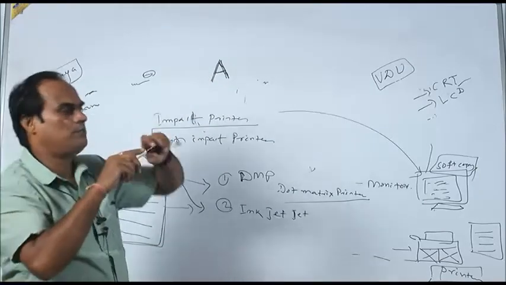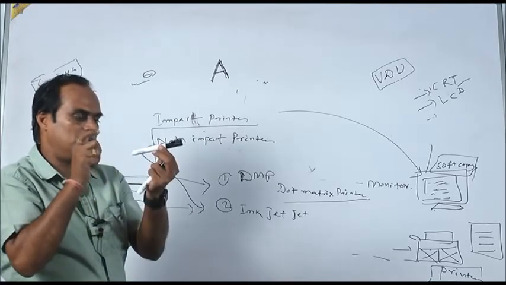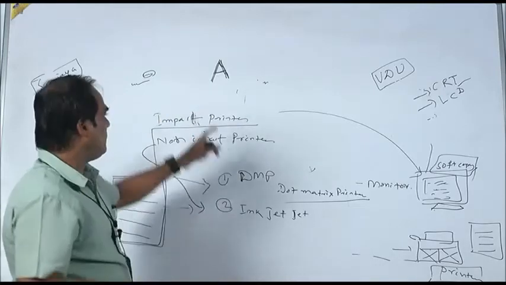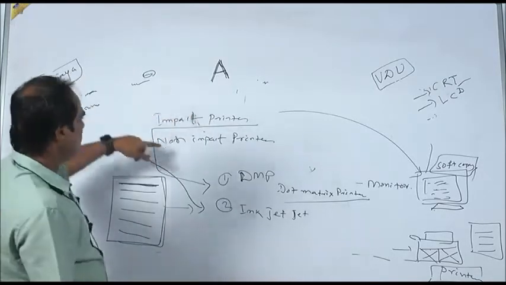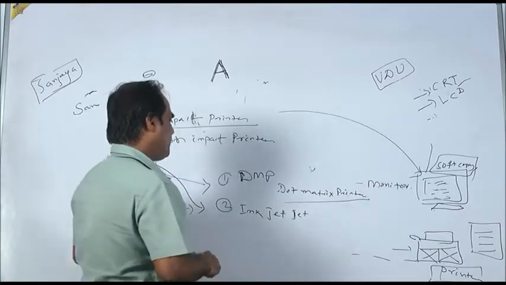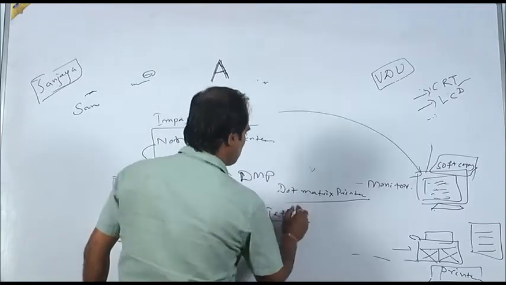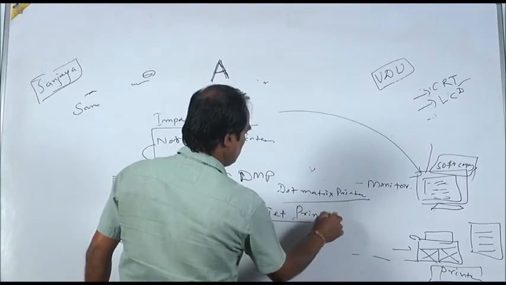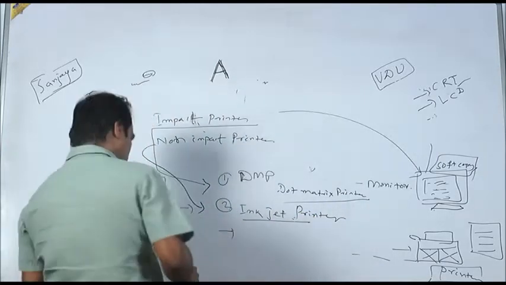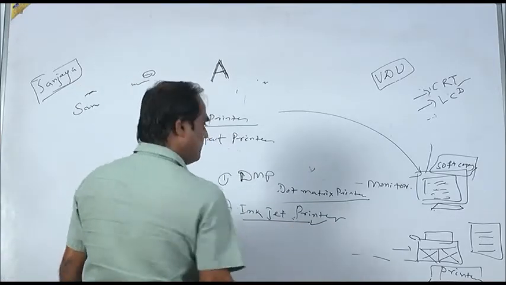Suppose I want to write A through the syringe. Simultaneously I will throw the ink and move my head, so automatically A will be there. So these are the non-impact printers. What are the non-impact printers? The inkjet printers. Inkjet printers are non-impact printers. Then, nowadays we are using high speed print, we are also using inkjet printers, yes or no.